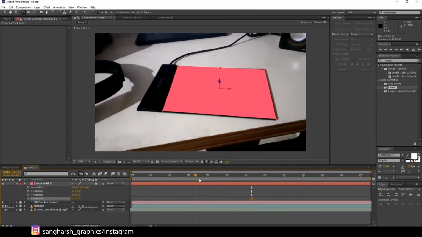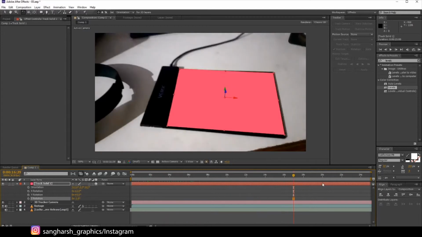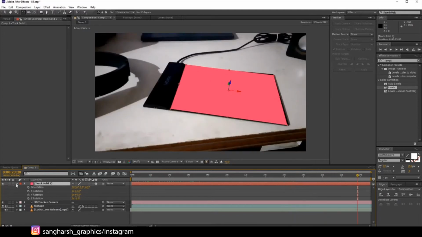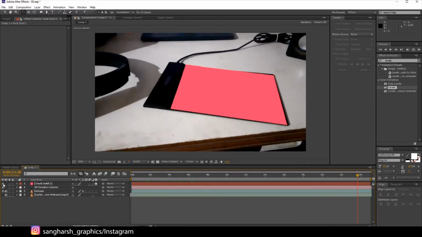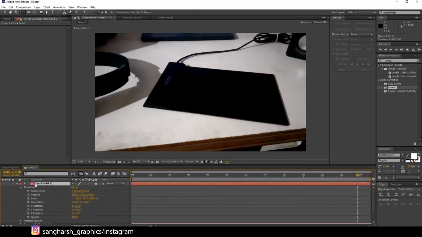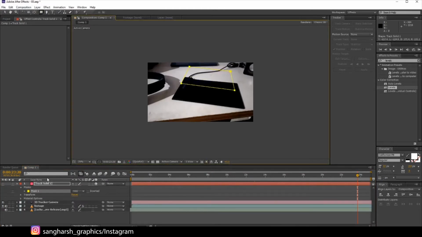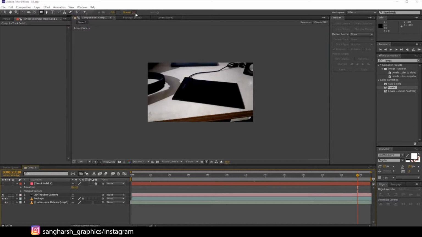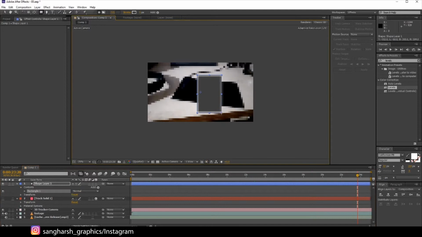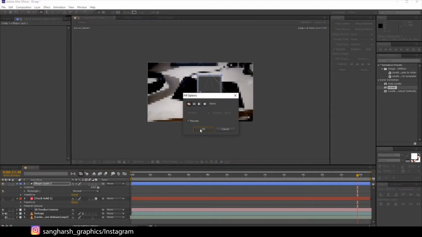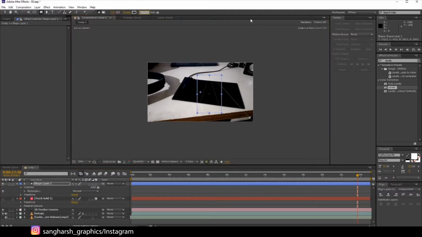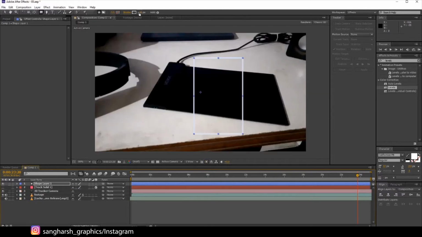As you can see, we have the track plane here like this. We have to track it first. Now let's just minimize it for now, meaning hide the layer for now, and let's try creating a mask. Oh sorry, not a mask. Let's just create a shape directly. Enable stroke and set it to white. Make an outline like this. Click on the fill, make fill none, and let's increase the stroke to 10. Okay, we can increase it up to 15.